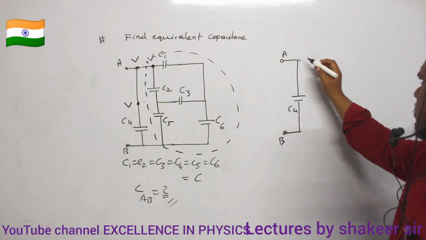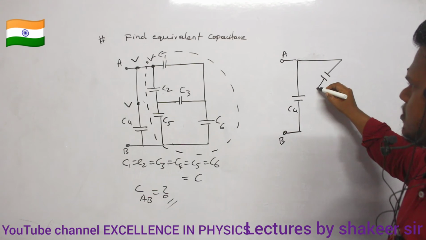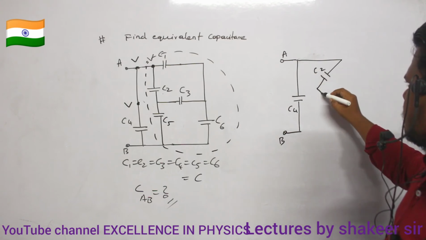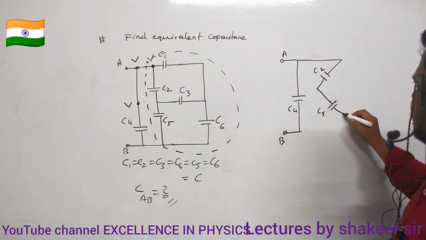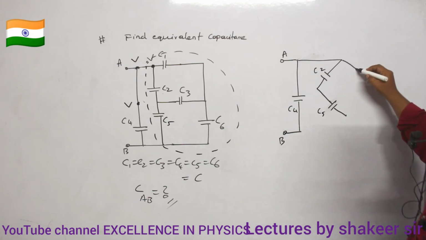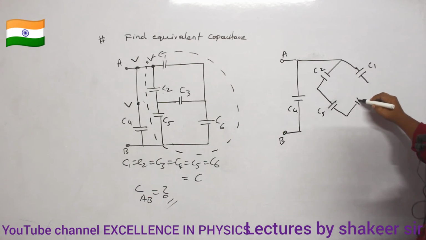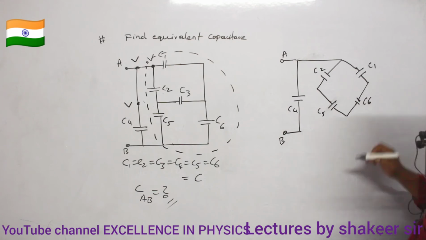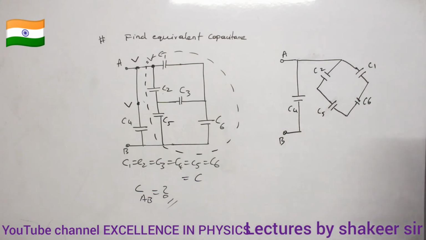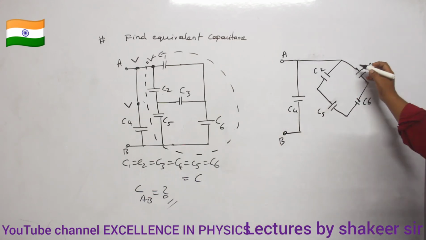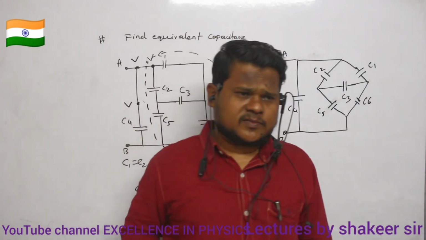Clear? Then this circuit I can redraw like this. So this is one capacitor, which is C2. Clear? This is another capacitor, which is C5. Okay, then this is one more capacitor, which is equal to C1. Clear? And this is one more capacitor, which is equal to C6. So I have drawn it like this. Then what about this capacitor C3? C3 is present in between C2 and C5. Clear? So therefore this is in the form of a Wheatstone bridge. Now you see, is this a balanced Wheatstone bridge or not?